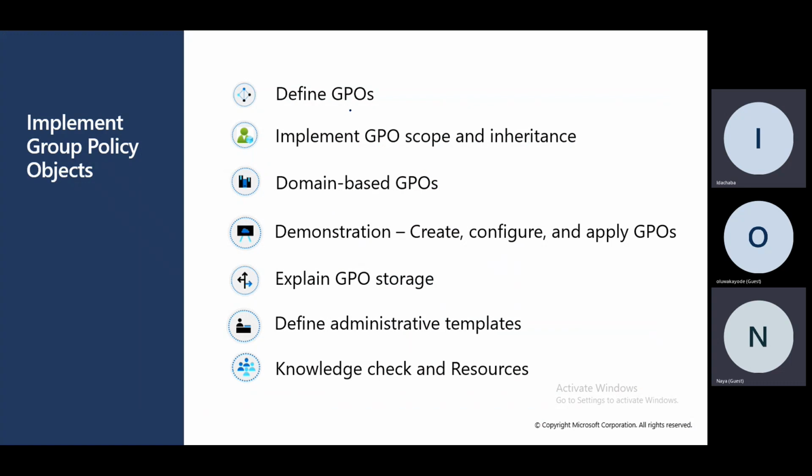Okay, so here you are going to be defining GPOs, your group policy object. You implement the scope and inheritance. So what is scope? Scope means the extent to which a GPO can go. Inheritance means that there are some things under it, so they can keep inheriting. You understand? For example, if you have already defined a particular group to say, okay, this group cannot do RDP. Are you getting me? You say this group cannot do RDP. If you now move a user into that group, can the user do RDP?